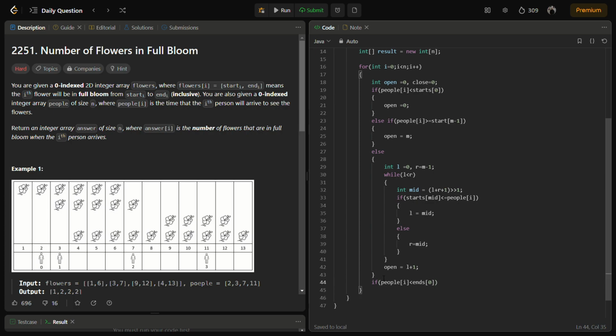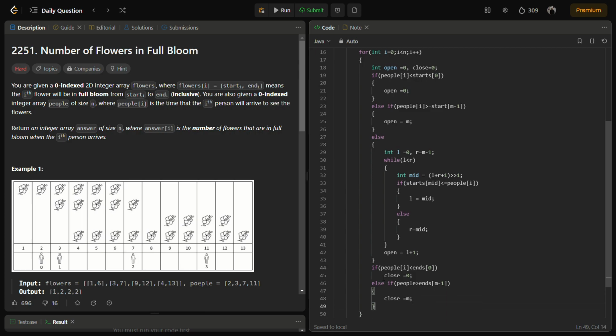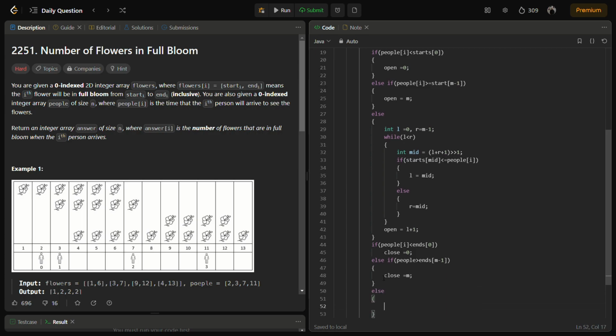If a person visits before ending, close equal to 0. Else if it visits after closing all, then we'll put close equal to m, because all are closed in this case. Otherwise we'll do binary search for int L equal to 0, r equal to m minus 1,